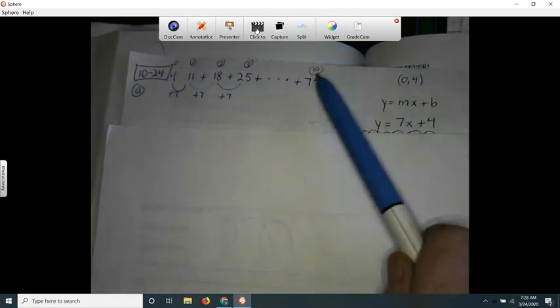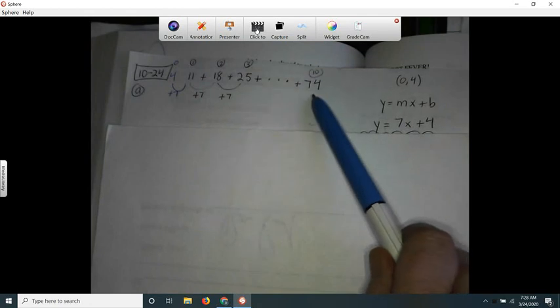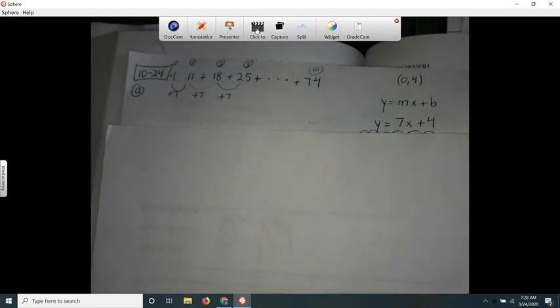And I can test it out. Let's see if I get 18 if I plug a 2 in there. 7 times 2 is 14, plus 4, that's 18. So test it out, make sure it works. Then I would like to know, without having to add 7 over and over and over again, what term that is. Is that the 100th term or the 5th term or the 10th term? I know it's the 10th term because I already did the problem, but